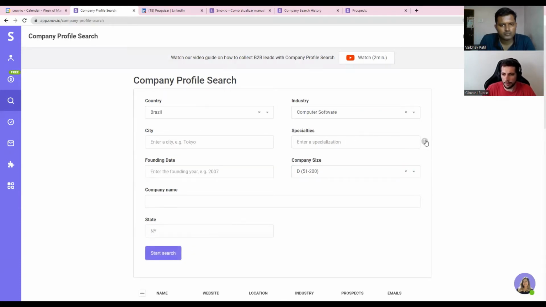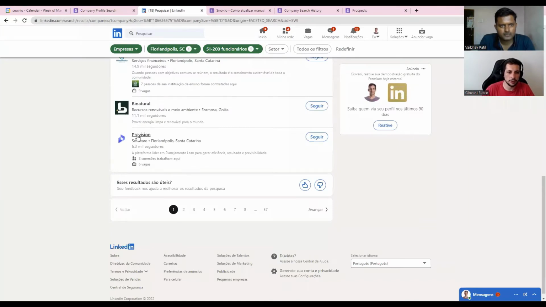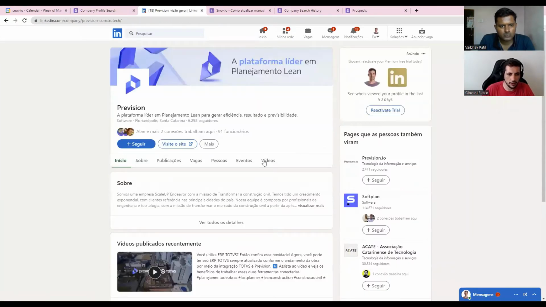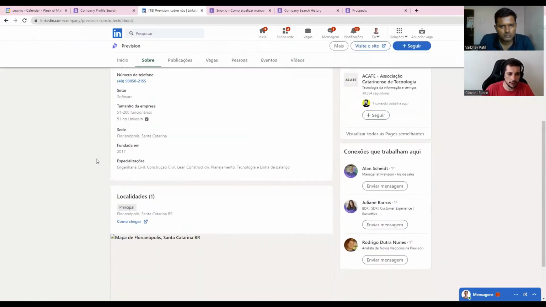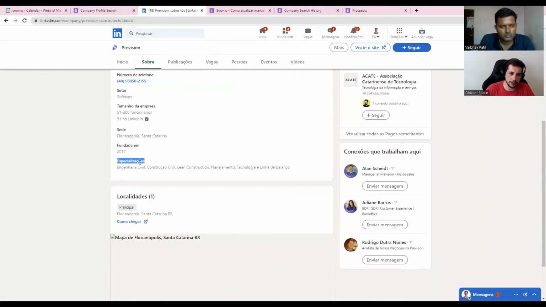One very important point that sometimes helps a lot is the specialities part. Where does this actually go? Let me see if I can find one. Here, it is in Portuguese, but specialities are tags that the company adds. Each company will add different ones.